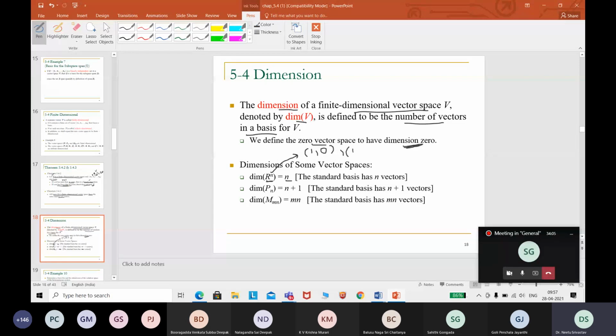For the R2 space, two vectors are there, 1, 0 and 0, 1, so the dimension will be 2. Same in R3, R4, Rn. You will have n vectors, so the dimension will be n. That's what they are telling. They are writing it related to the standard basis. The standard basis of R2 will have only two vectors, i and j. For R3, you will have i, j, k, and later on the dimensions cannot be presented on the board.